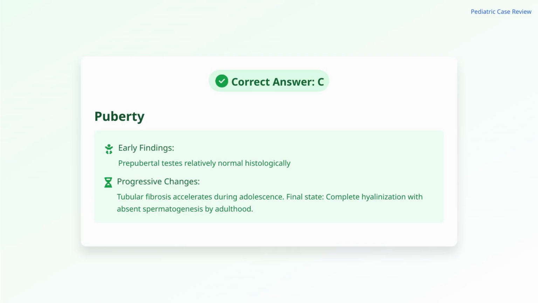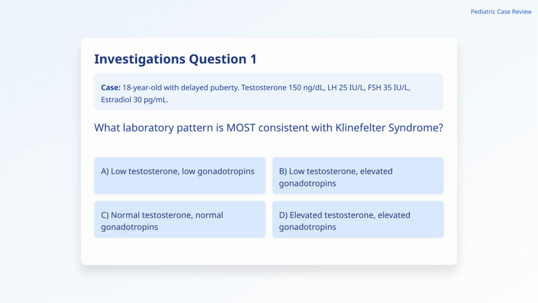By early adulthood, most affected individuals have complete tubular hyalinization and absent spermatogenesis. This timeline explains why sperm retrieval for fertility preservation is most successful when performed during adolescence, before complete tubular degeneration occurs. Case scenario: laboratory evaluation of an 18-year-old male with delayed puberty shows testosterone of 150 nanograms per deciliter, luteinizing